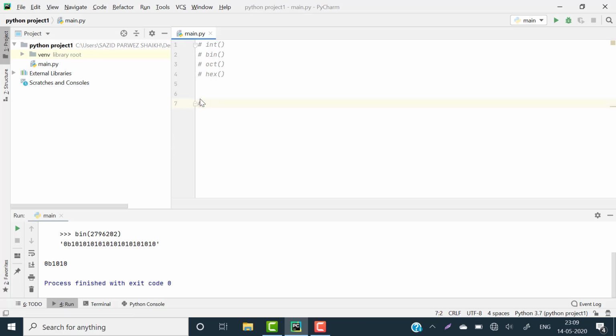Now let's try to convert integer into octal. So we have the inbuilt function that is oct.